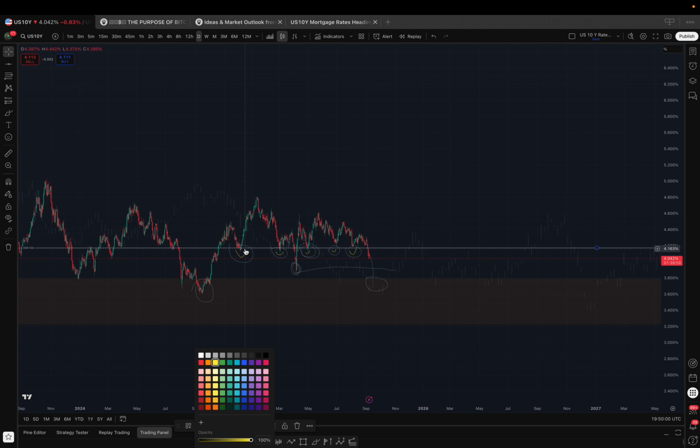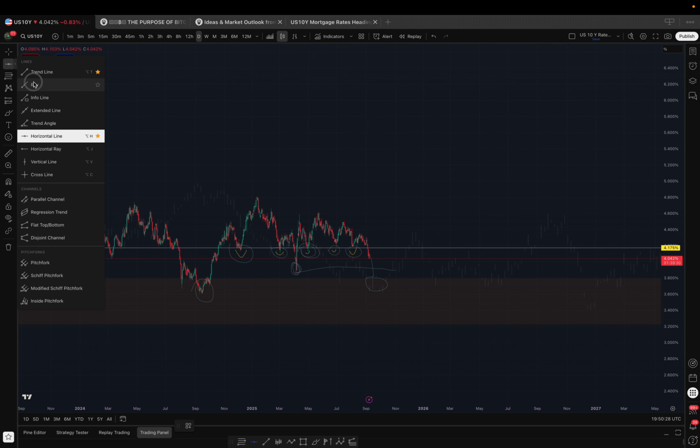Notice how each time we bounced from this area. So from December of 24, up, down, March 25, up, and then we kind of smashed through it, but it was bought back up pretty quickly. Again, support, May 25th, June of 25, and then August of 25, we bounced again, but we're seeing less and less